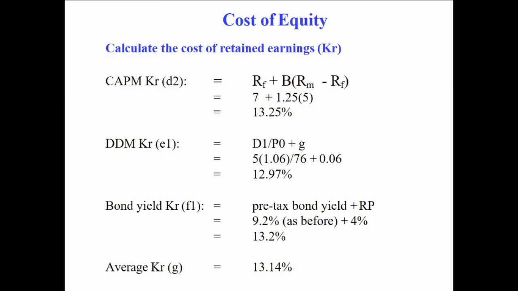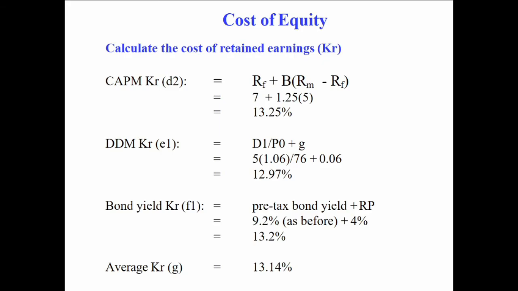So they told us that treasury bonds are trading at 7%. This is the risk-free rate. And they told us the beta is 1.25. The market risk premium is 5%. So if we input those into the capital asset pricing model, we'll get a cost of retained earnings of 13.25%. If we determine the cost of retained earnings using the dividend discount model, in our scenario, the last dividend,